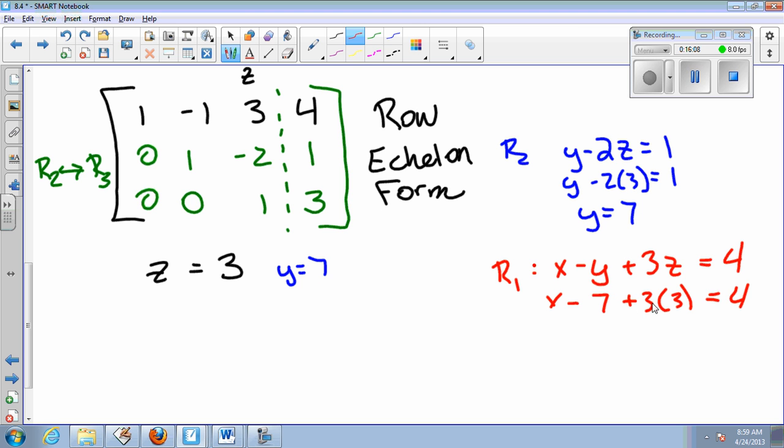So we get -7 plus 3 times 3, that's 9. So -7 plus 9 is 2. x plus 2 equals 4, so x equals 2. So all we have to do is write it as a